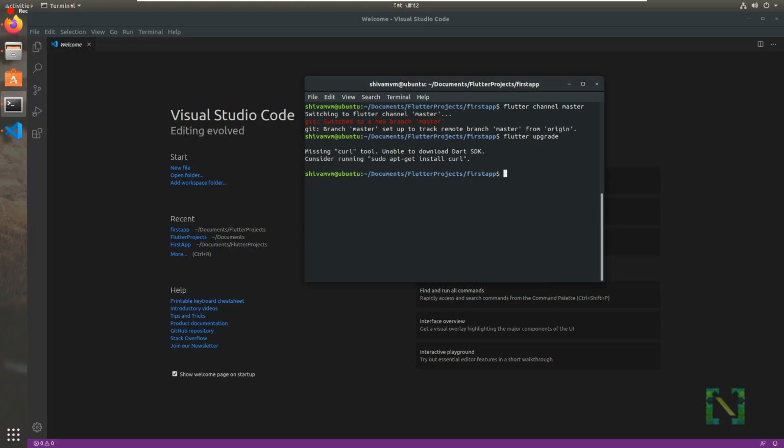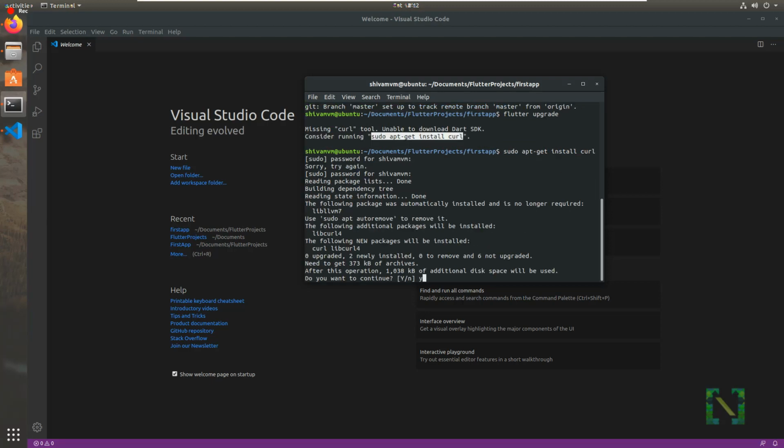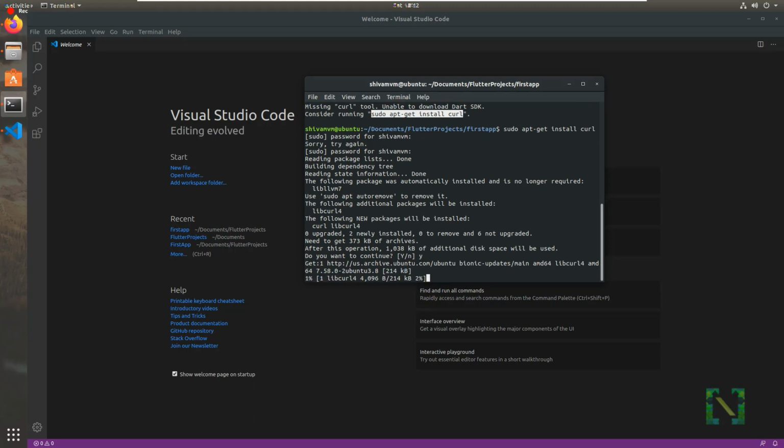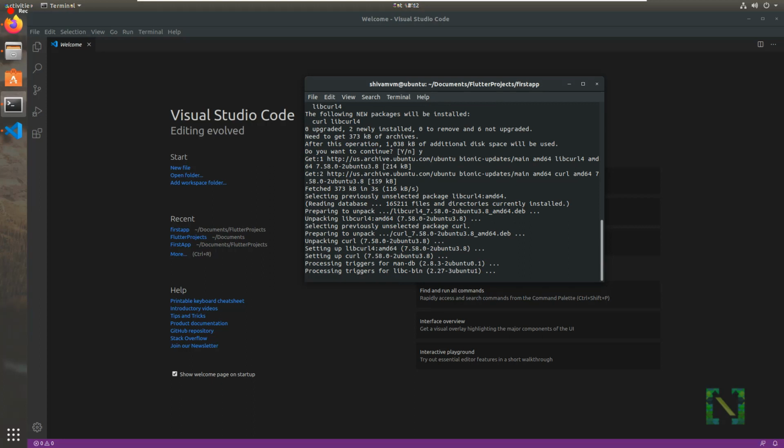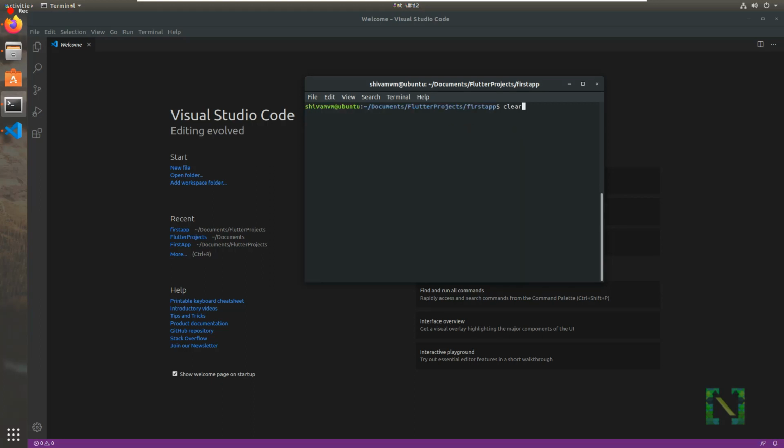You can follow the instruction given here. Now try again to upgrade the Flutter.